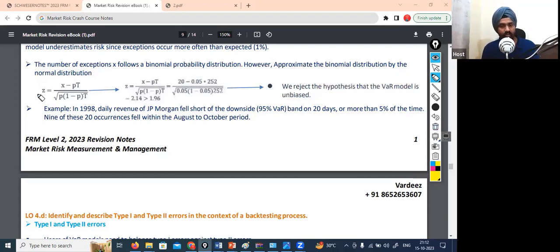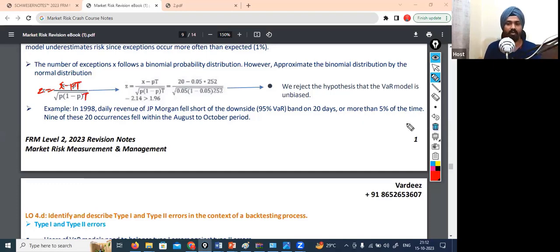So the Z value is equal to X minus the probability times T. Understand, this Z value is using the same binomial thought process as well. Probability of success, 1 minus P is probability of failure. It is using the same thing, but as I said, it is converting that. So make a note of this. Z is equal to X minus the probability of success times T, the time, the duration,